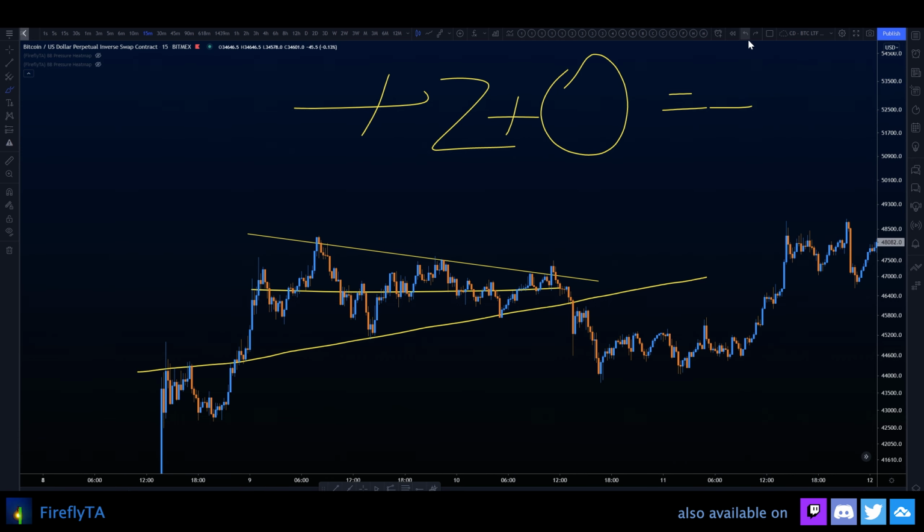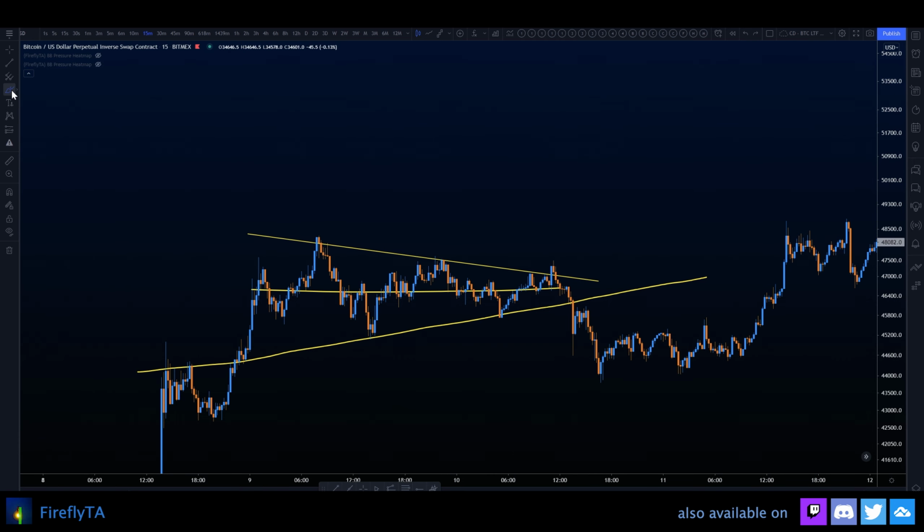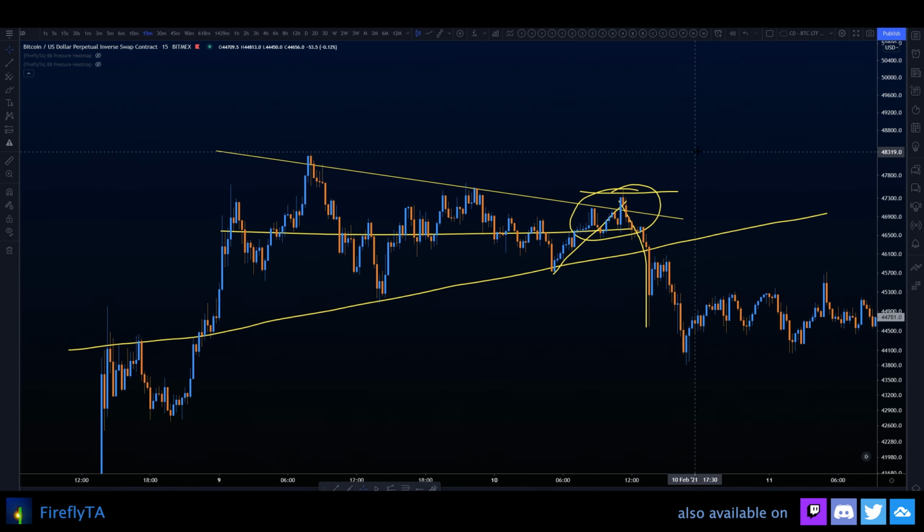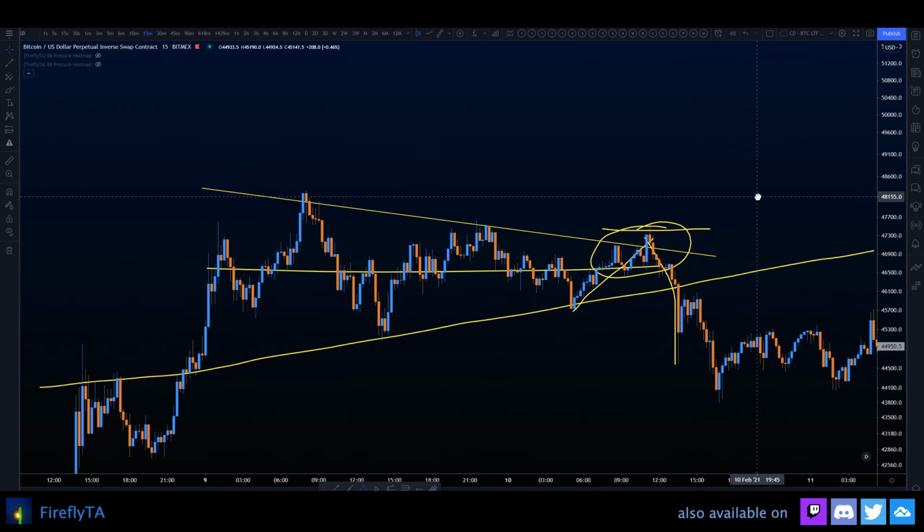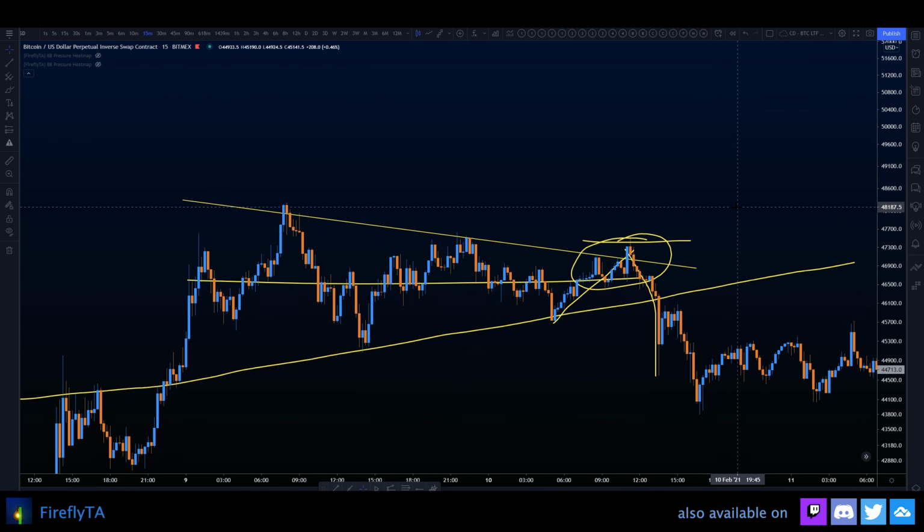However, what is happening here? We are having an attempt to break out in a bullish way, but it gets rejected. It gets rejected and smashed down. And this is something we see very often. It is called a failed breakout. And symmetrical triangles, as well as ascending and descending triangles, and less so wedges, but also affected, they often suffer